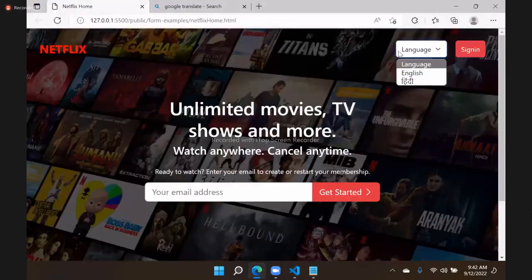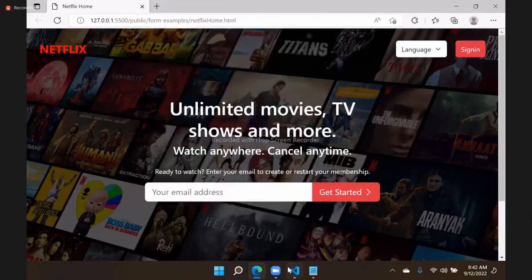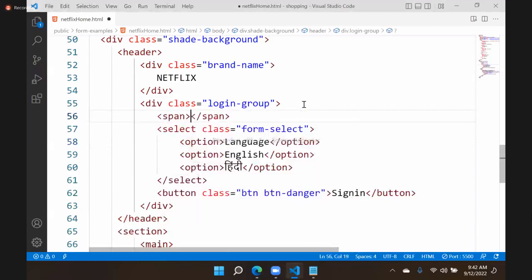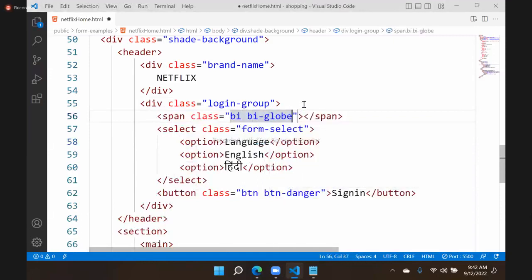But below, beside it, a globe icon will come. Such things we can't do now; for that, later we will use Bootstrap. Generally what you do, suppose I am using a span with class bi-globe. Globe I defined, and